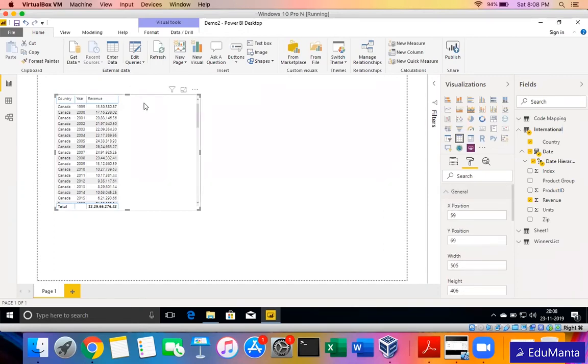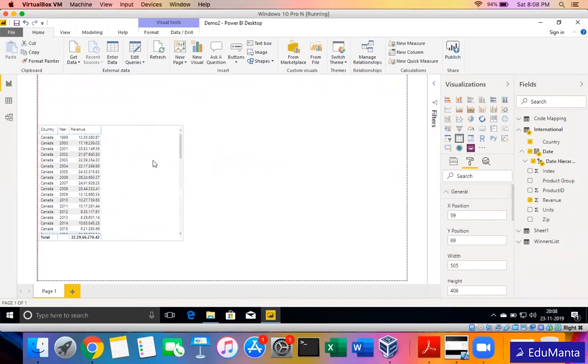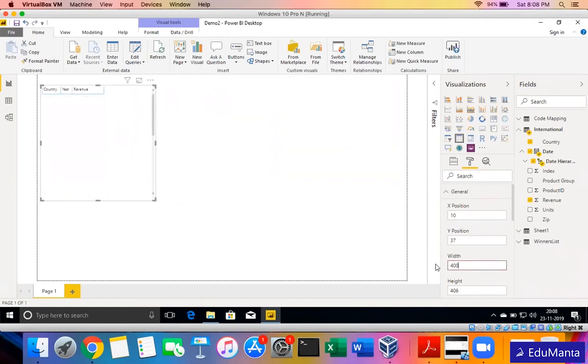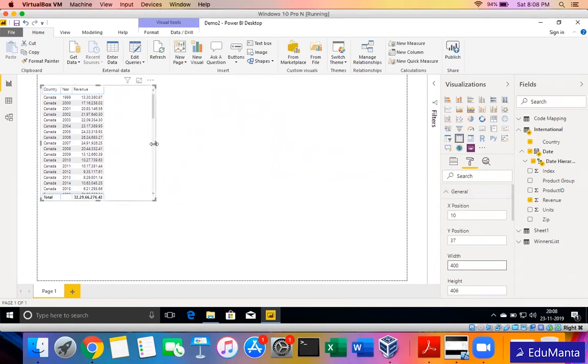Generally, we'll just move the visual here and there on the canvas to align it. But if you want to put in an exact X position or Y position, you can type it here. Or maybe I want to reduce the width, I can just type it here, maybe 400. The width reduces accordingly. Or I can just drag this handle. It's not used much, but yes, you can put the exact position there if needed.